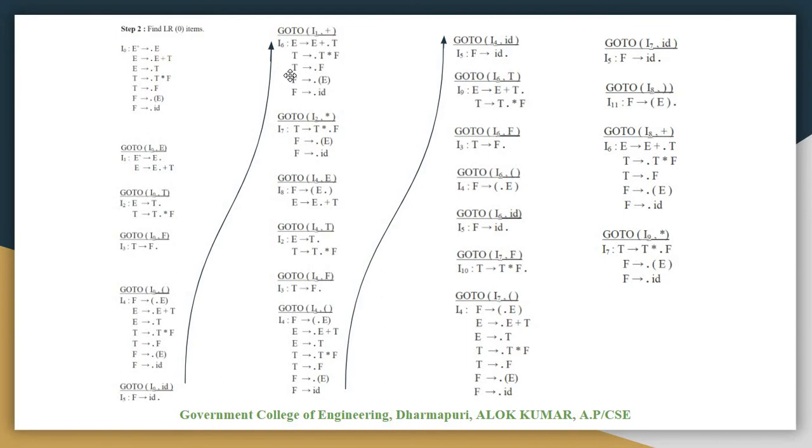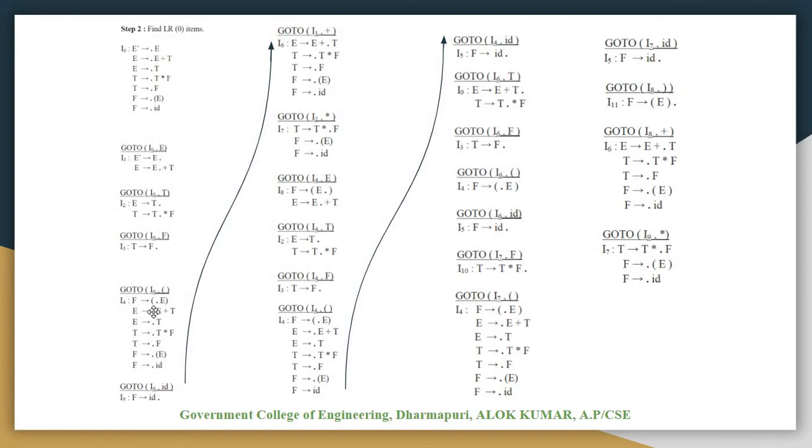So this one will be the I6 item. Okay, after that we will find the goto of I2, and this one is asterisk, because the dot is coming before the asterisk. After that we will find the closure of F, so it will be like this. Okay, so this one is already coming at last in I3, so no need to take this one.